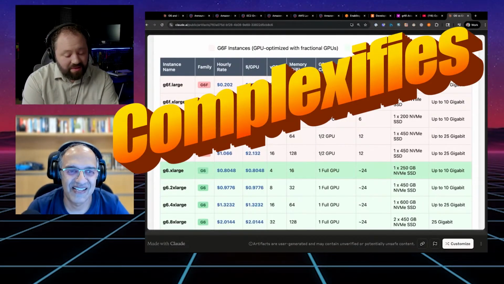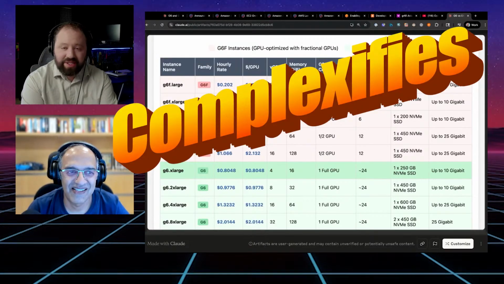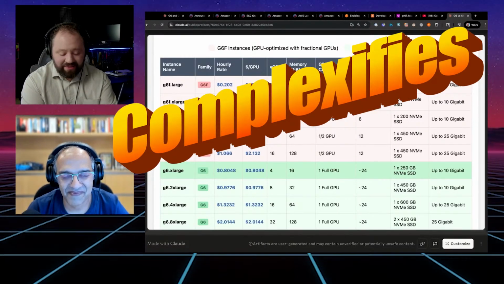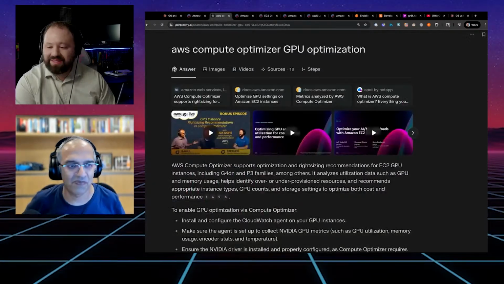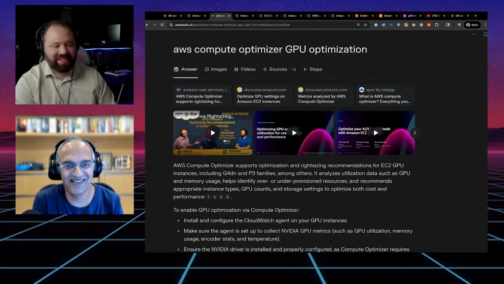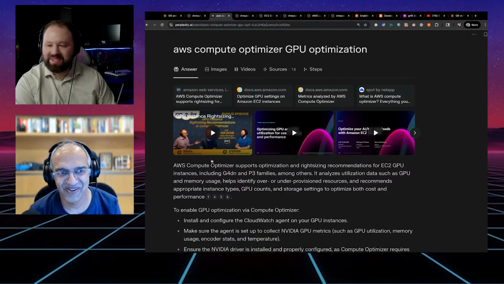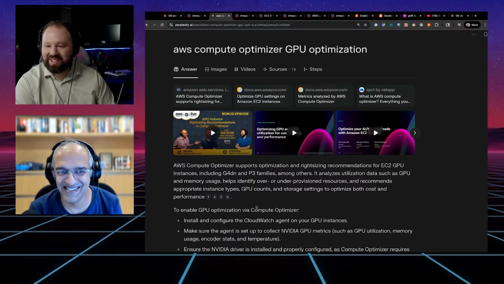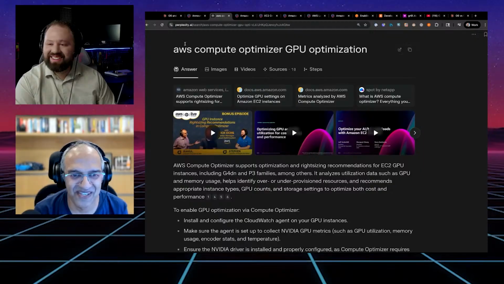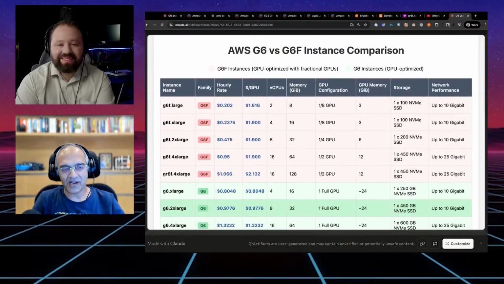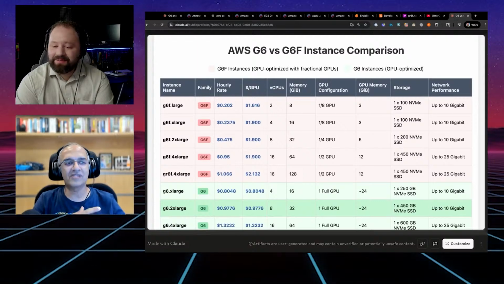Well, I guess with the caveat that if you're using Compute Optimizer and just put your load on here and then eventually let it figure out, I'm sure it can. You're fine. So look at Perplexity. If I search for GPU right-sizing, we come up as the authoritative source with Rick. I've forgotten about this episode. But yeah, I think it's starting to get really complex with all these dimensions.